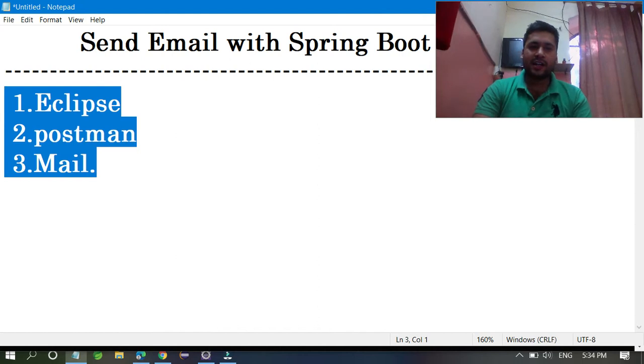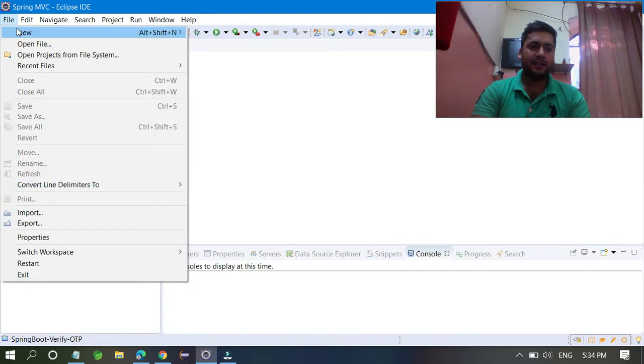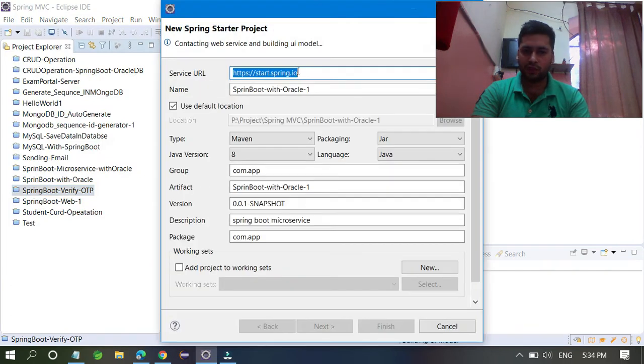Okay, so let's start now. I'm going to create one project in my Eclipse. Go to File, click New, and go to Spring Starter Project. This is the Spring Boot project.